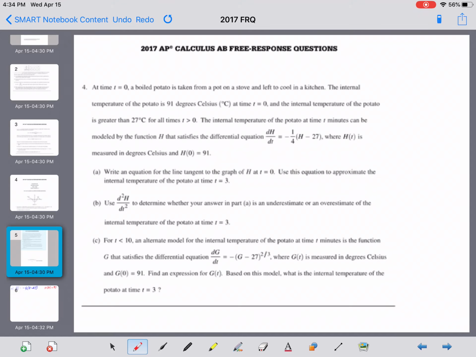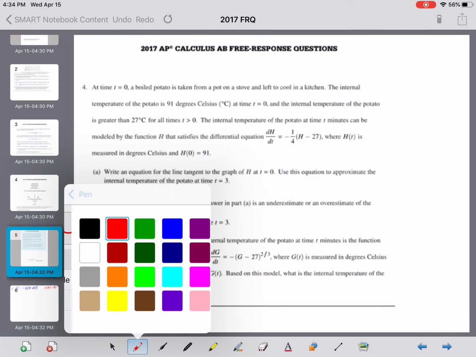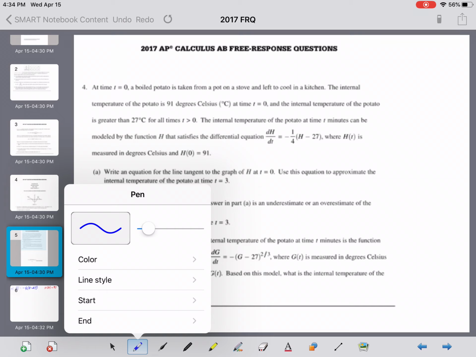Okay, guys, we were asked about 2017 free response question number 4. This was a tough problem here, everybody, no doubt about it. All right, so in this particular problem, and remember this is a non-calculator question,